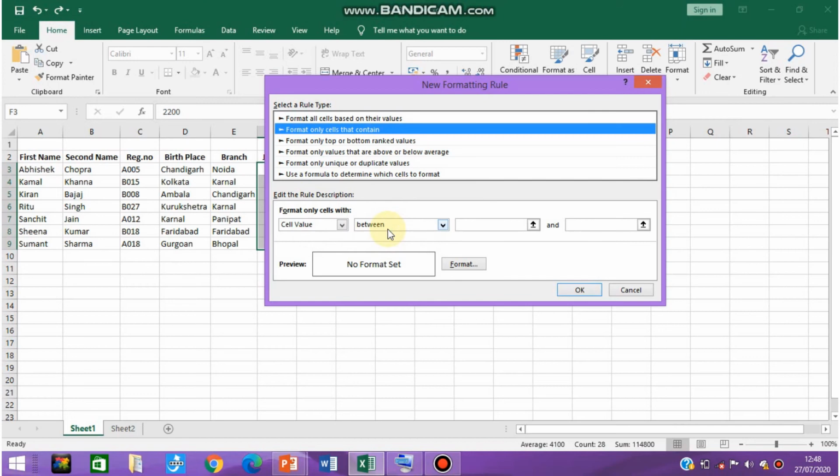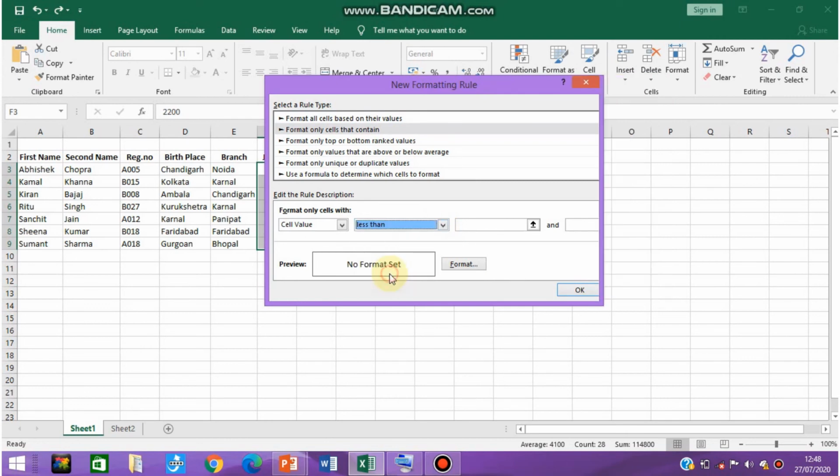Under the heading Edit the Rule Description, in the second text box from the left, click on the drop down list and choose the condition. I am choosing Less Than.